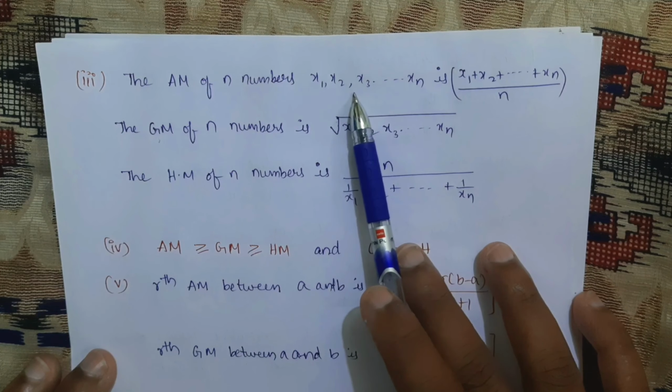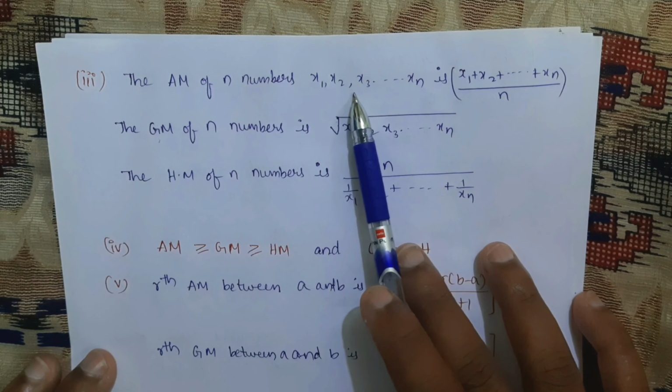These are some difficult problems you will get in JEE Mains and Advanced, but in KCET, if they ask directly, they will ask something like what is the rth term between A and B. Otherwise, they will give the formulas in the question itself. Okay, so you need to remember these formulas.